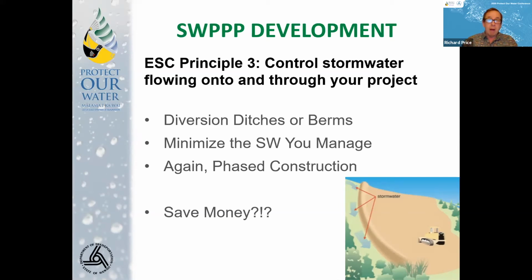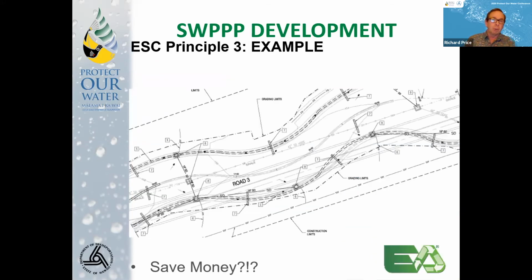Again, there's a lot of options on phase construction here, because there may be that you can divert the water for the first 2 phases of your work, and then at the end you're stuck with it because you've got to regrade the site and do your final grading and stabilization, and you've got to live with it at the end. But it can be a big cost saver, and again, it's a liability reduction throughout the course of the project. And I'll show you an example of a project I'm working on right now,